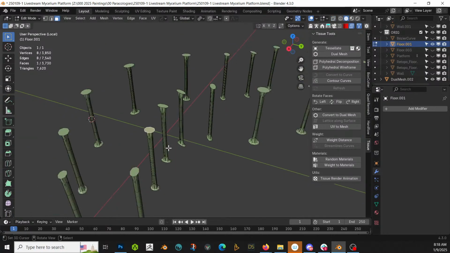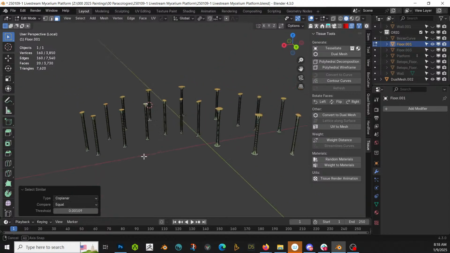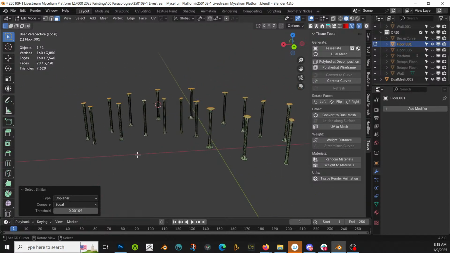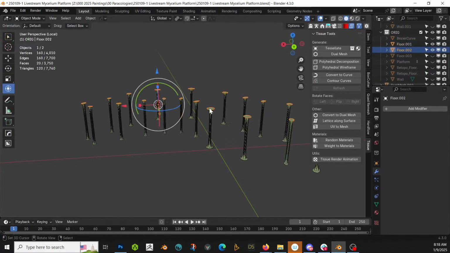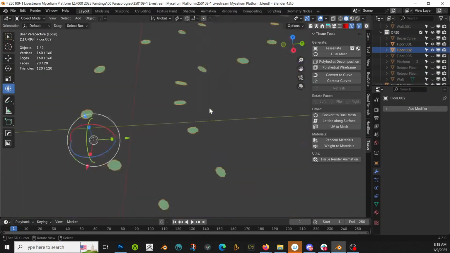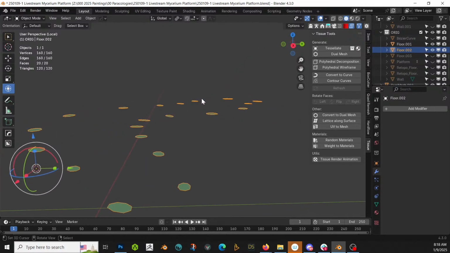I do have the top. Cool. Shift G, coplanar. Good deal. Now, Shift D, P section. Cool. So we got this top thing now. Right. Now we should be able to